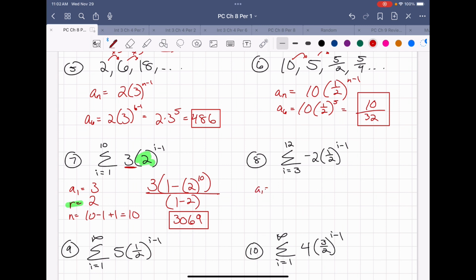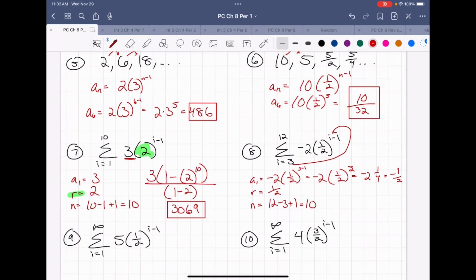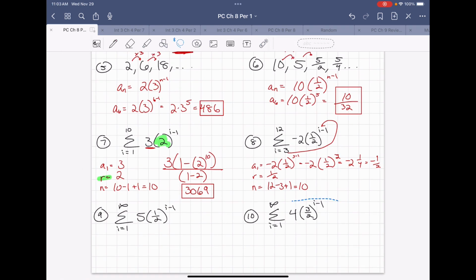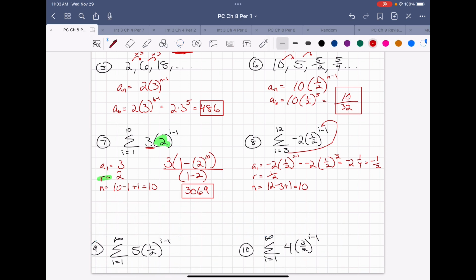For 8, I'm still going to call it A1, but you plug in the bottom to get A1. Squared. So negative 2 times 1/4, which is negative 1/2. Find R and N. 12 minus 3 plus 1 is going to give me 10. I've kind of cornered myself here. Let me move these for a second. So A1